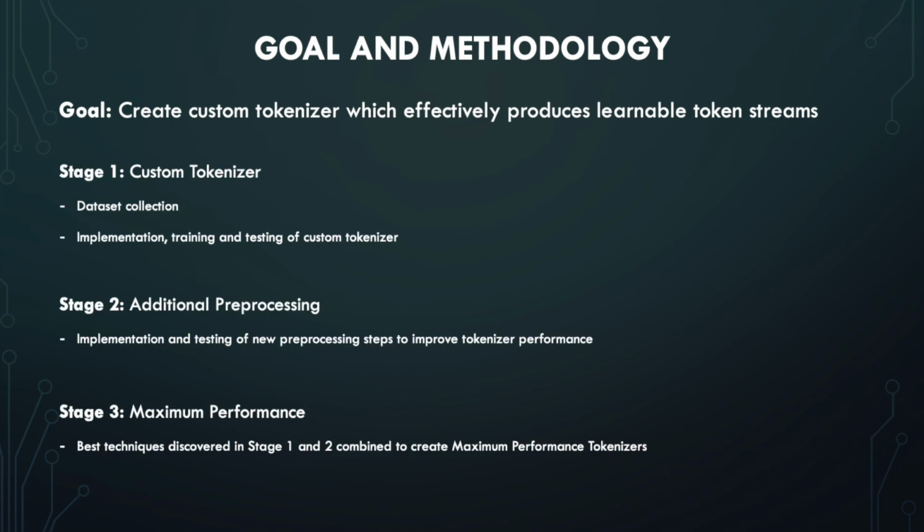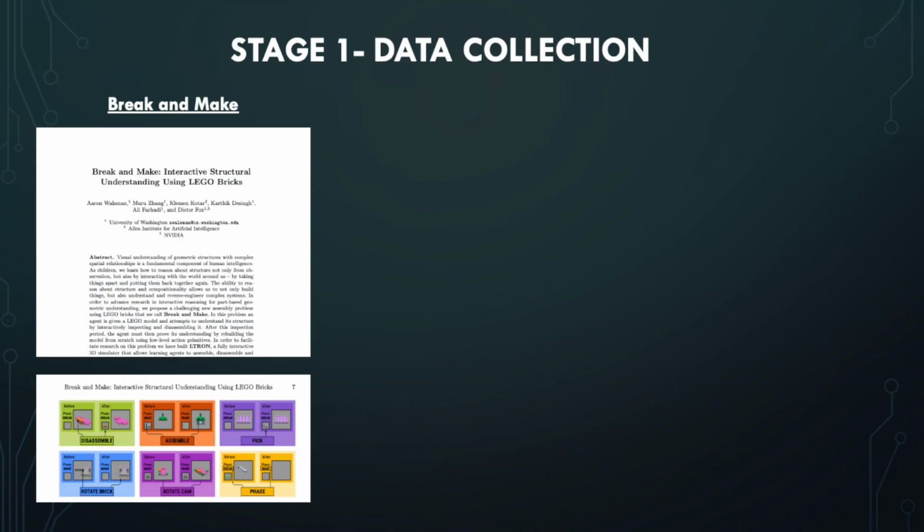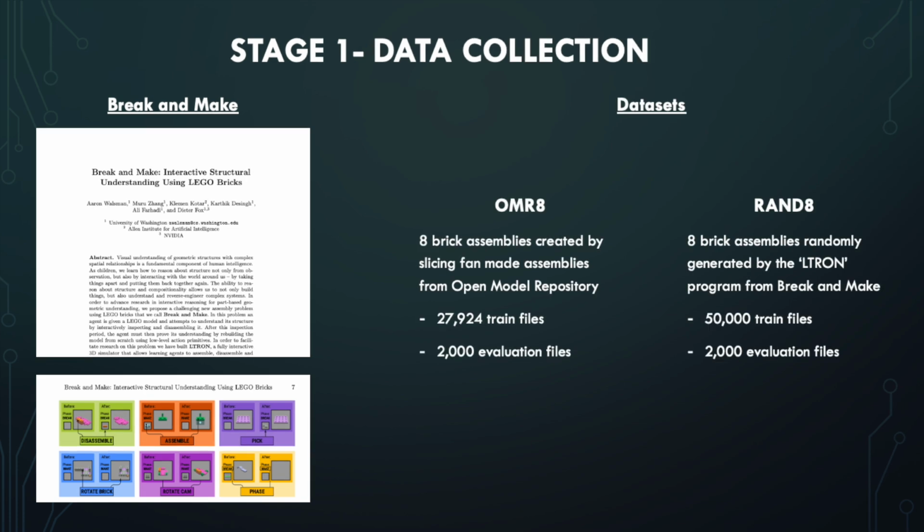To achieve this, the project was divided into 3 stages, involving initial tokenizer design, experimentation with additional pre-processing steps, and the integration of the best practices to create maximum performance models. The Break and Make researchers, who also experimented with LDR files, created multiple LDR datasets. We sourced their 8-brick OMR and 8-brick RAND datasets. The OMR datasets consist of fan-made Lego assemblies sliced into sets of 8, while the much larger RAND dataset contains